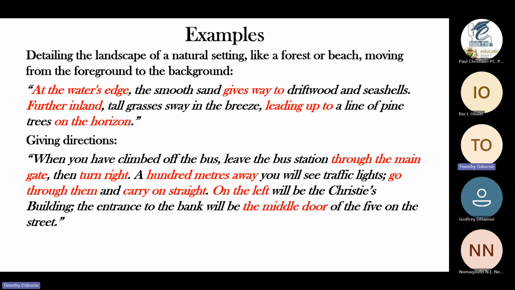Now, another thing that these spatial terms can be used for is giving directions. Let's take a look at this. When you have climbed off the bus, leave the bus station, and there you've got through the main gate. So that tells you exactly where to go. Then turn right. Okay, straightforward. 100 meters away, again, another way of describing where you will find something, you will see traffic lights. Go through them